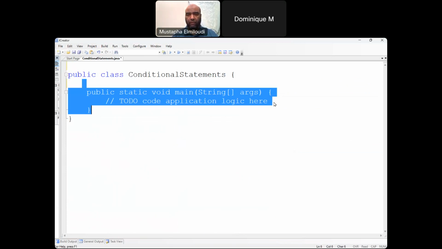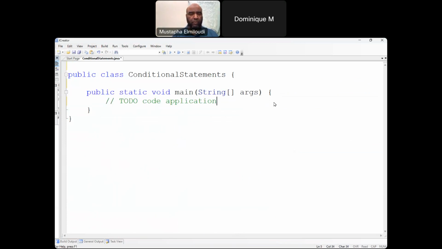And this one. And by the way, the comments, anything that starts with two forward slashes like this is called the one-line comments. So I can put anything in there. It's not part of the code. Java will basically skip that part. For example, I can put, this program shows how